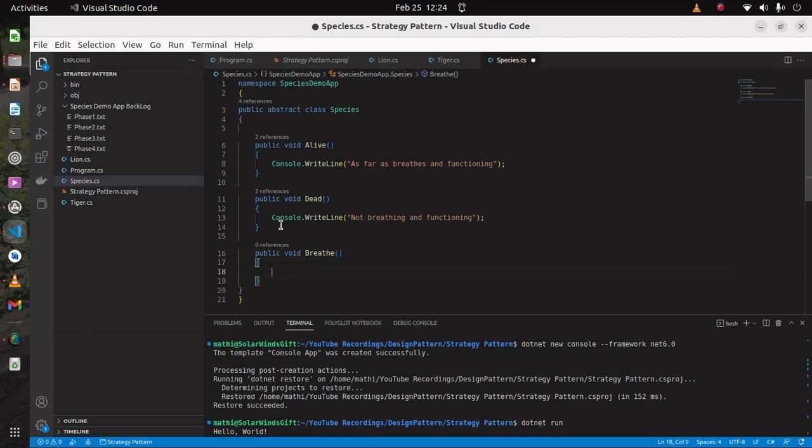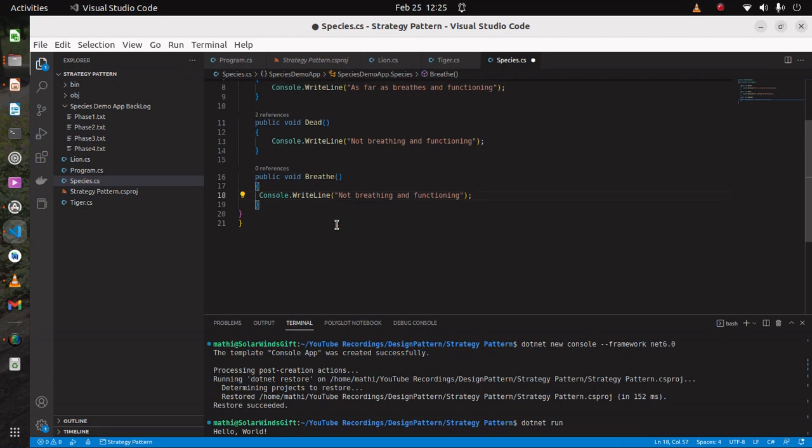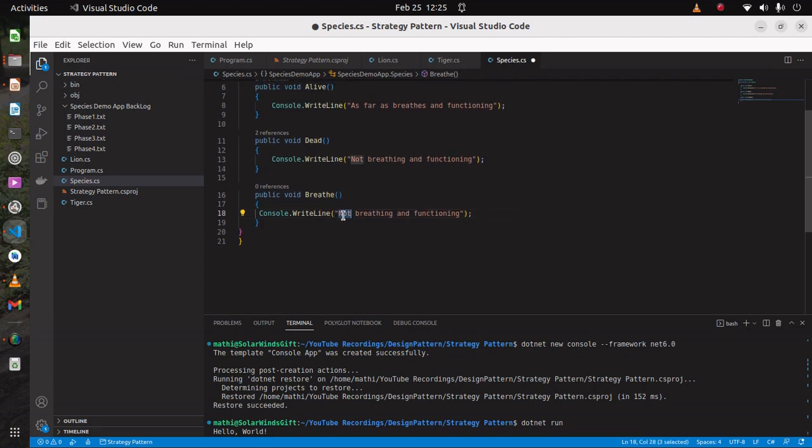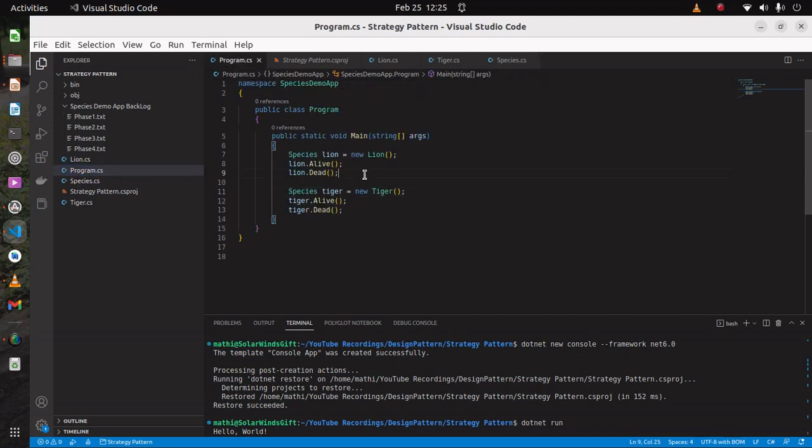I am adding the breathe behavior. Both tiger and lion breathe oxygen, so we can just say breathes oxygen, right? Done. So in the program.cs, I can